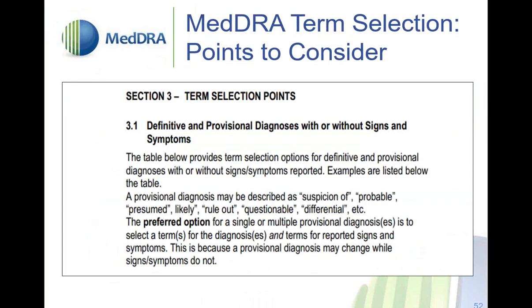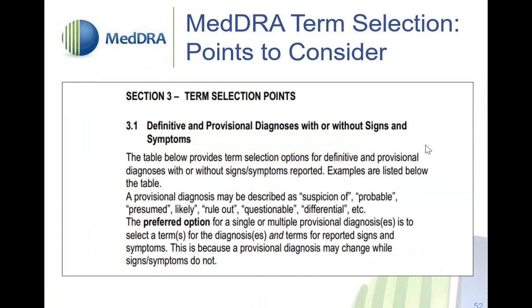So in this case, he was saying possible COVID-19, so that's one type of provisional diagnosis. He also said possible otitis media, that's also another provisional diagnosis. So not only do you capture those, but you also capture any of the reported signs and symptoms associated with those provisional diagnoses. So here, very clearly, without a doubt, it's simplified the way we should approach this particular coding example, with telling us how to approach those different types of nuanced things that are presented. One thing, the diagnosis, the actual confirmed diagnosis, as well as two things that he's giving a provisional diagnosis.